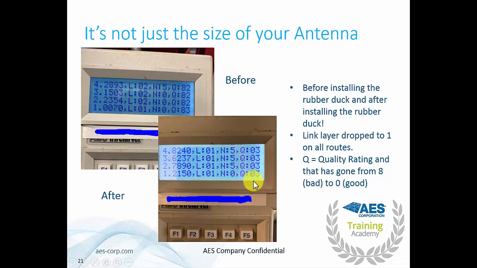Zeros with our legacy product are good quality signals, so you can see that there are 4 good paths for the radio signal to take. Before, it had 4 bad signals, because what was happening, it's only reaching radios that are having a hard time talking back. You will see ACK delays on your network if you have antennas too large.